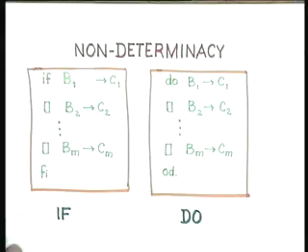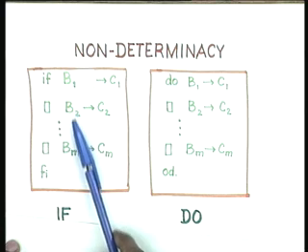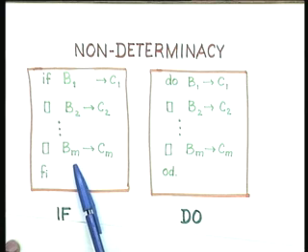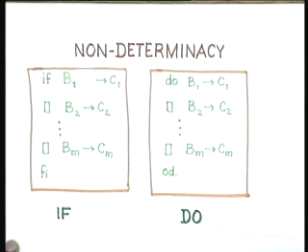There are two analogous kinds of constructs for non-deterministic choices. One is the if construct, and this if construct just says that there are all these Boolean conditions, all these Boolean choices, and corresponding to each Boolean choice there is an appropriate command to be executed,